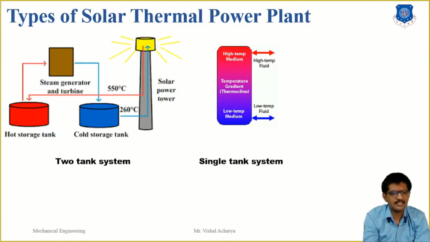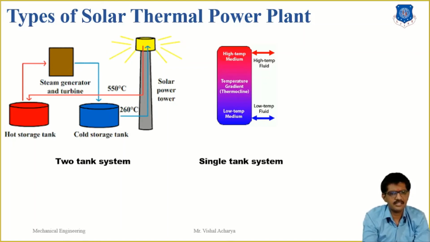The indirect system requires an extra heat exchanger, which adds to the cost of the system. This system is used in many of the parabolic plants in Spain and has also been proposed for several US parabolic plants. The plants use organic oil as the heat transfer fluid and molten salt as the storage fluid. In the right hand side figure you can see the single tank thermocline system.